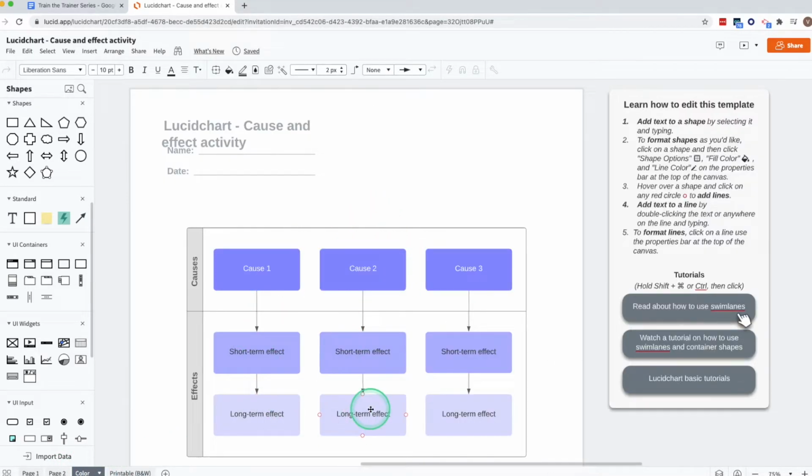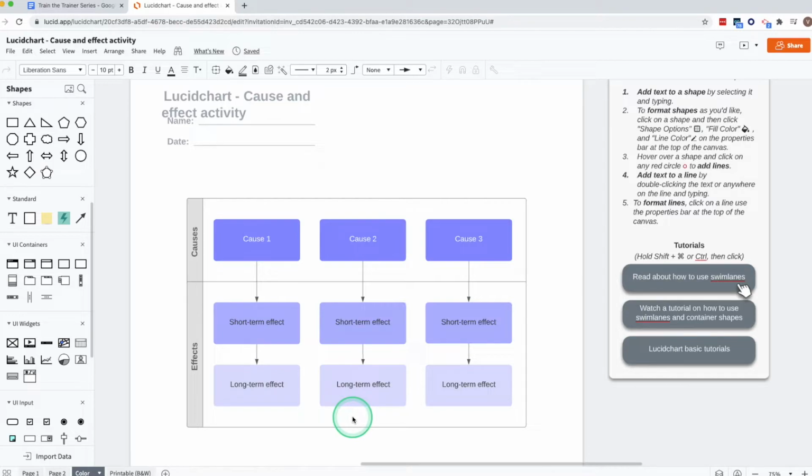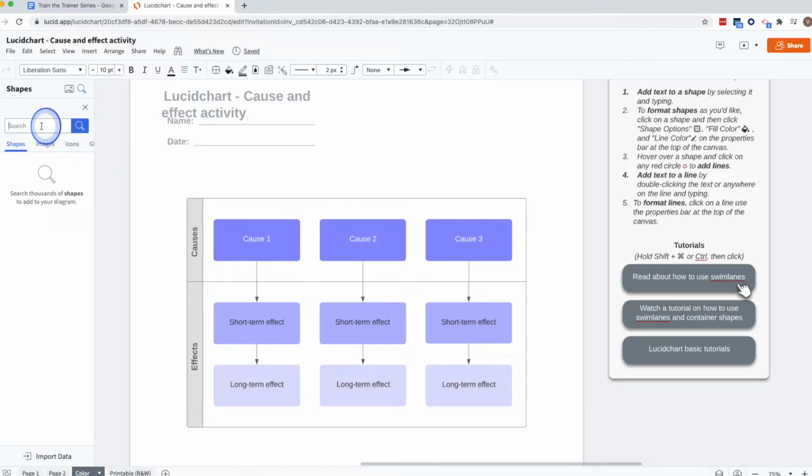Then I show them how I can take this template and I can start customizing it to better meet my activity. So for the first one, I am going to add some images. So I show them how we click on the magnifying glass in the upper left-hand corner. The image icon opens up the ability to upload images, and the magnifying glass allows you to search images. I'm going to search a plane,